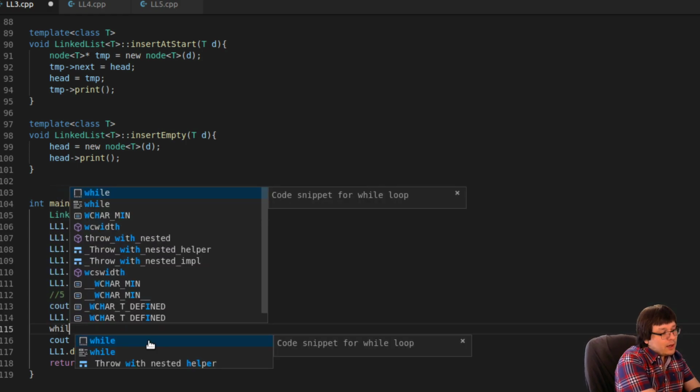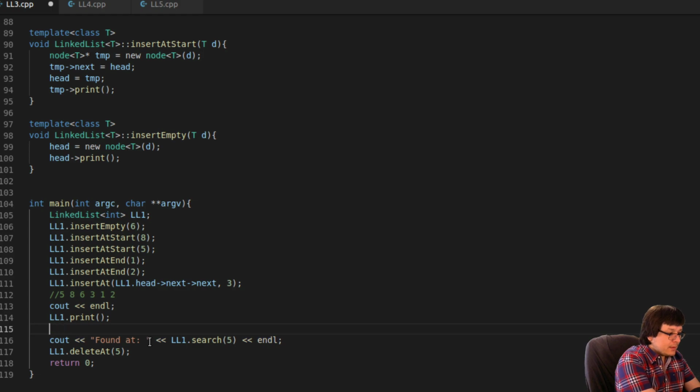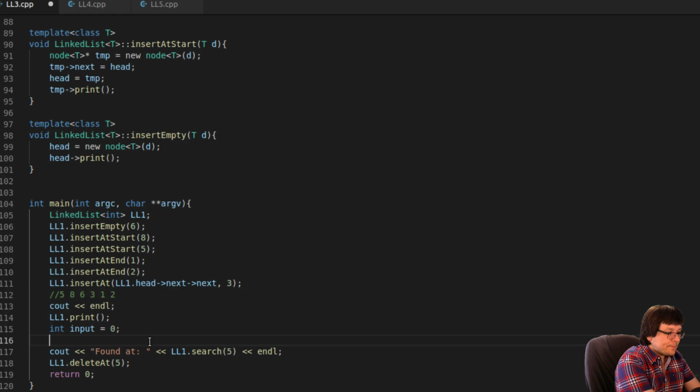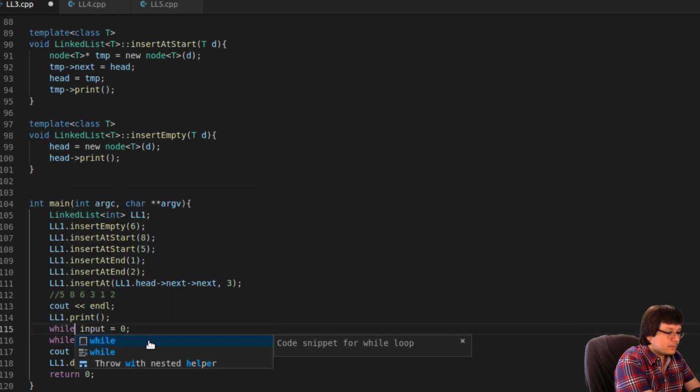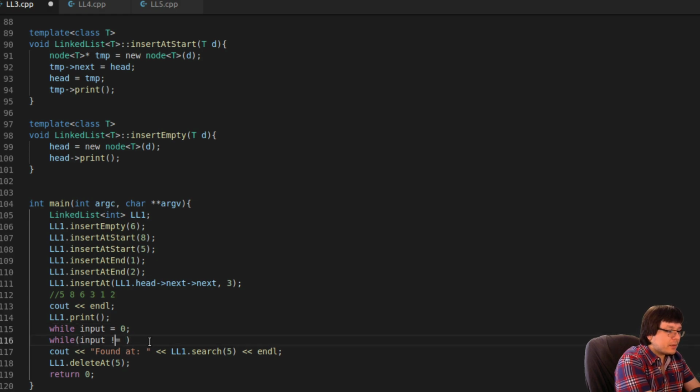So let's say int input equal to 0, while input is not equal to negative, actually this is an int. Nah, we can use negative numbers. So we'll say -1. That's going to be our special key to quit this little loop.